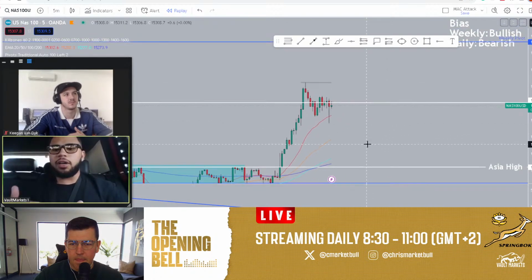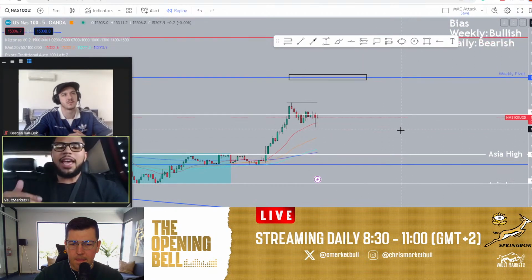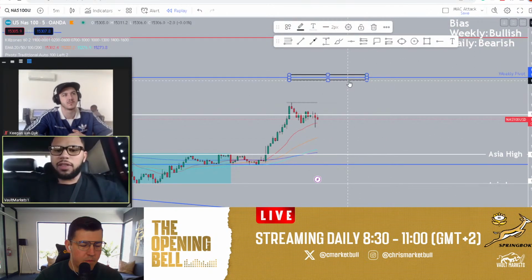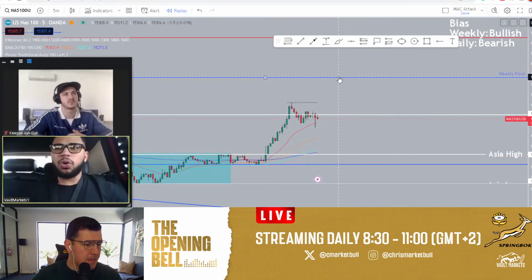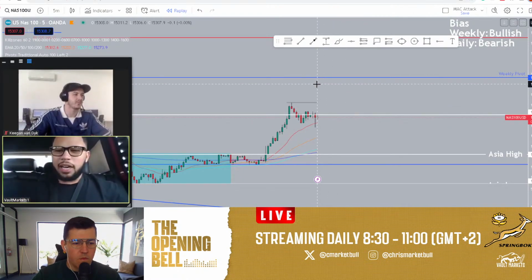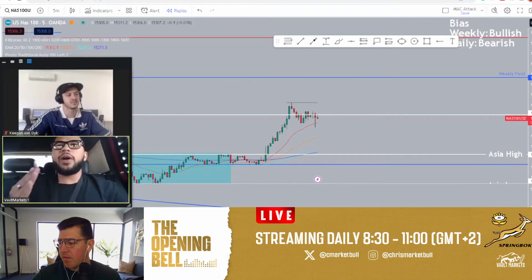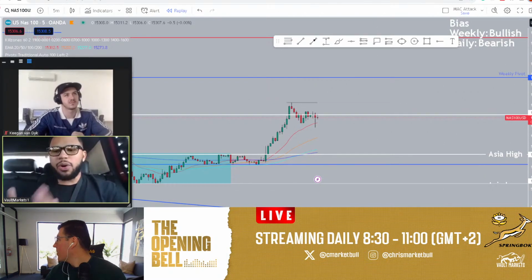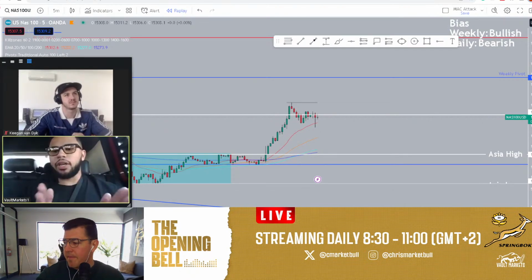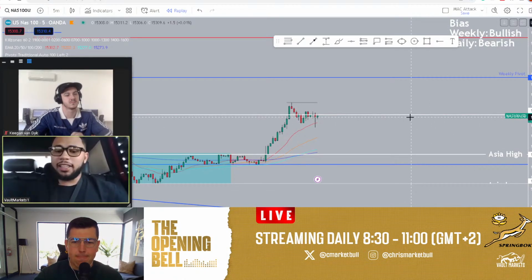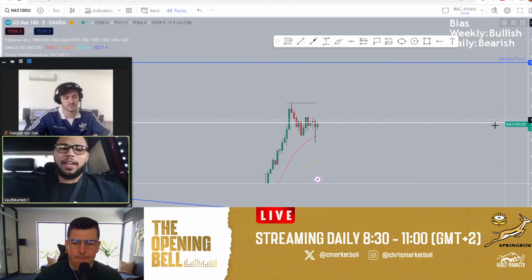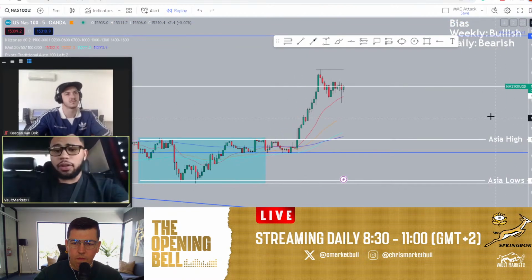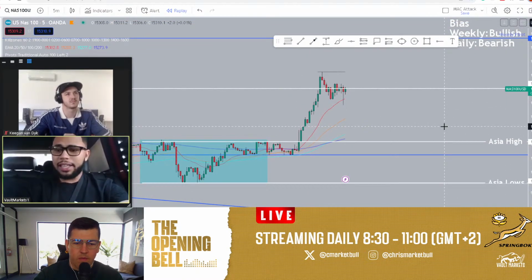Rather wait for the market, wait for your moves to play out, and then take a trade. Most of the times we want to over capitalize on a daily basis, but that's not the way to go, because remember, with every reward there comes risk. Risk is unavoidable. You cannot avoid risk. So you will have to calculate your risk to reward and basically just wait for the market to give you